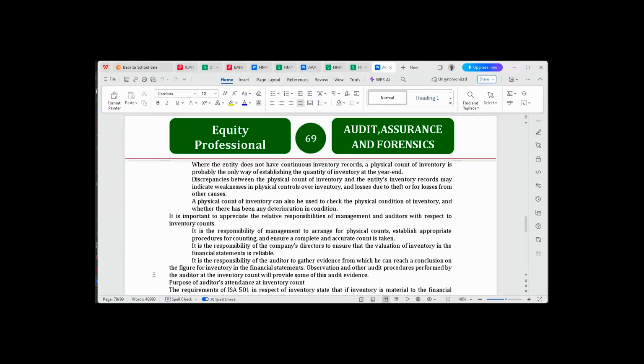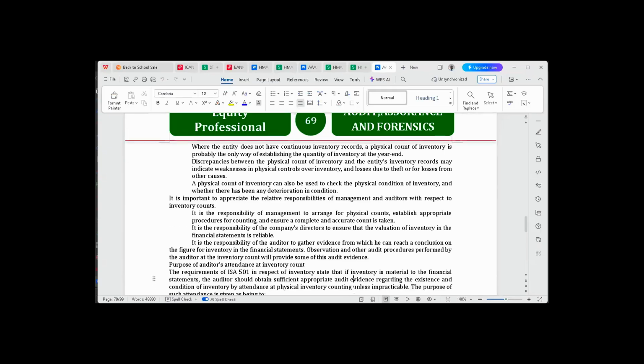Okay. So the essence of the external auditor and internal auditor being there is to ensure that there are no items or inventory that are omitted. Okay, to be sure that there are no inventory that are omitted during the count, and to be sure that all what are needed to be counted have been included. Okay, now